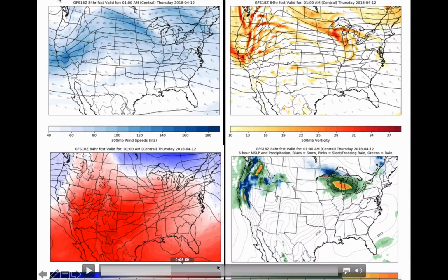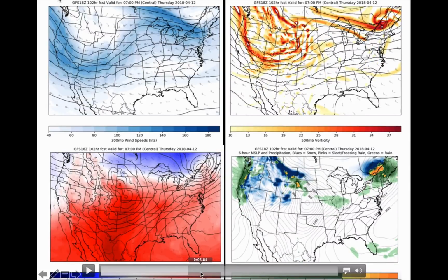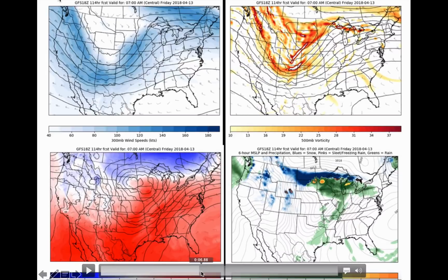It kind of gets its act together a little bit better early Thursday morning here over the Great Lakes. But you can still see the warmer than average temperatures hanging on. And then this is the bad guy that we've got to watch here. This trough in the jet stream is going to be the one that brings in some incredibly unsettled weather. Here it is Thursday evening. By the time we get into early Friday morning, deep upper level trough, nice little jet streak sitting right here in the flow, great advection of vorticity. All of that just spells the deepening of a low pressure system